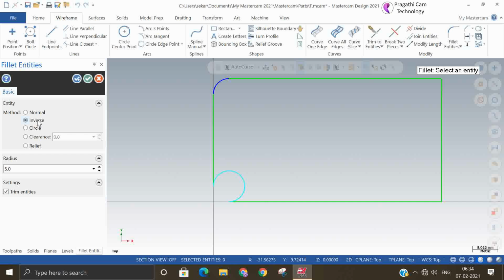Okay. Suppose the mating part has a sharp edge. In that situation you can use the inverse option. This is one block, and this block is going to sit with another block. That block has all four corners sharp. In that situation you should use the inverse arc.